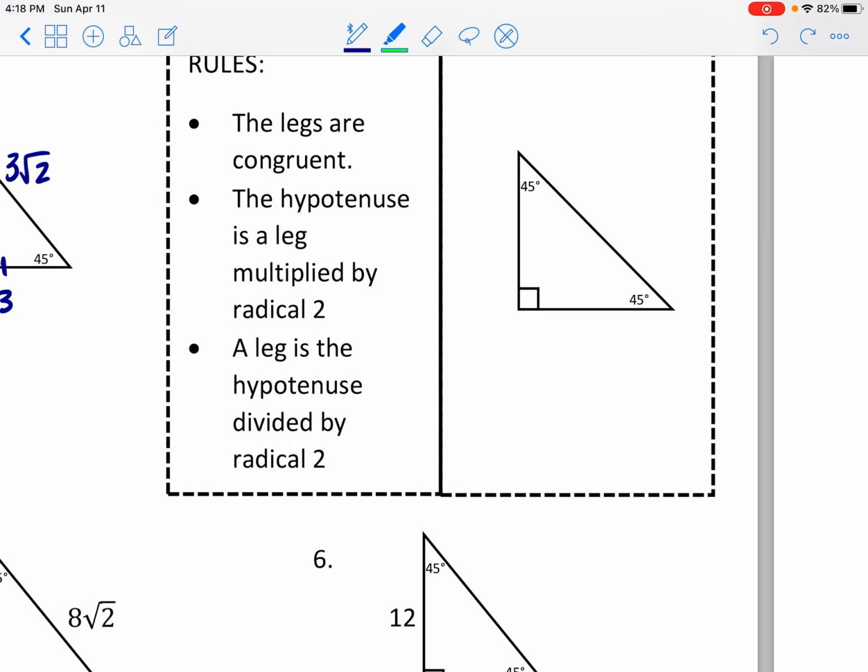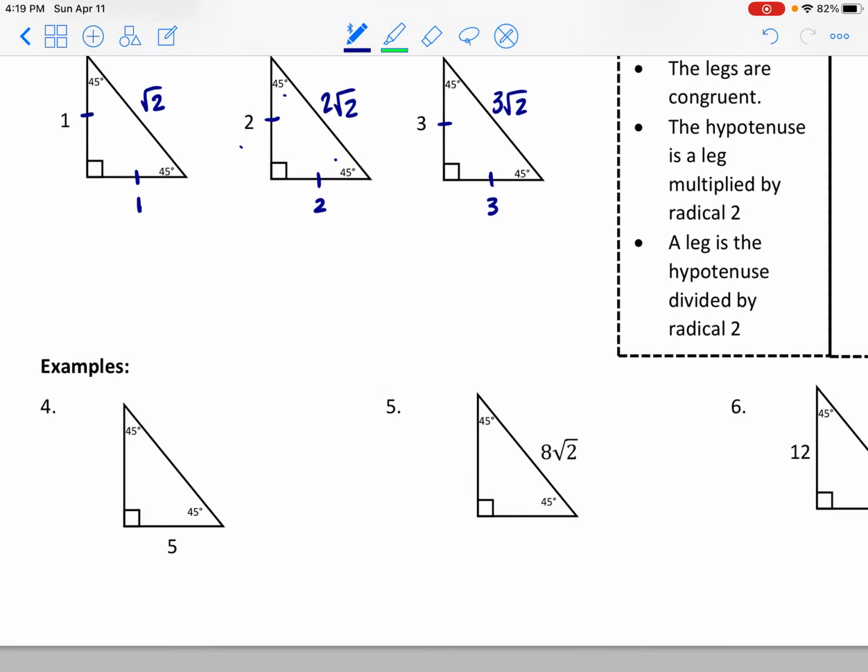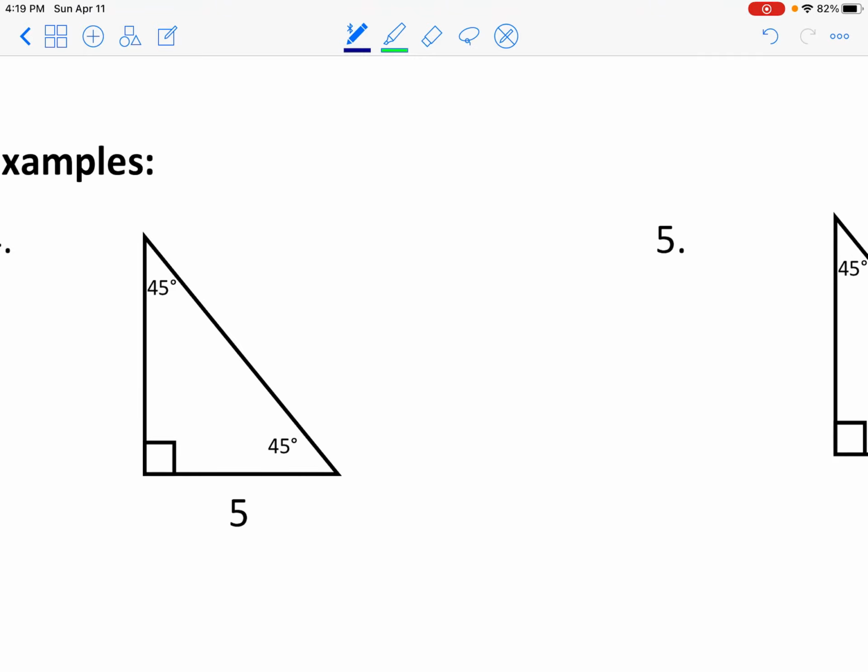So the legs have to be congruent. Whatever this leg measures, this leg is going to also measure. And the hypotenuse is just the leg length multiplied by a radical 2. So we take whatever the leg length is and we multiply it by a radical 2. Or in reverse, we could divide by a radical 2 to figure out what that leg length is going to be. Looking at these triangles here, noticing that it's a 45-45-90, the one leg is 5, the other leg has to be 5, and the hypotenuse has to be 5 times the square root of 2,